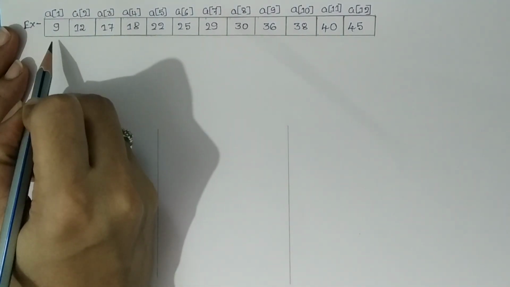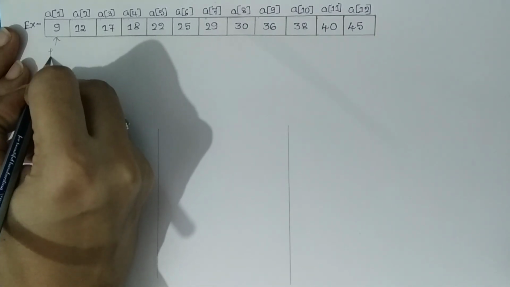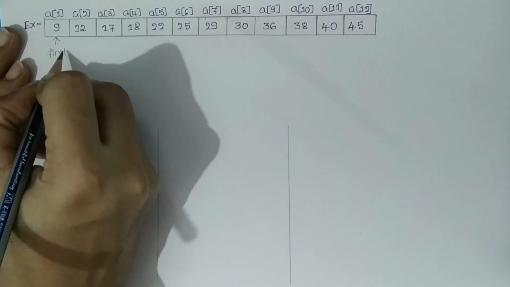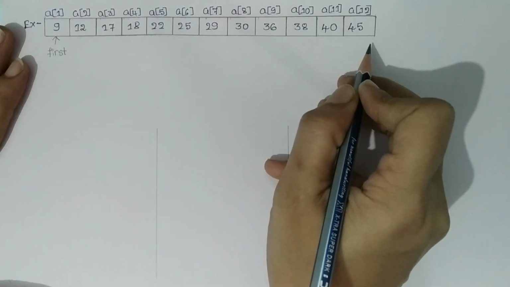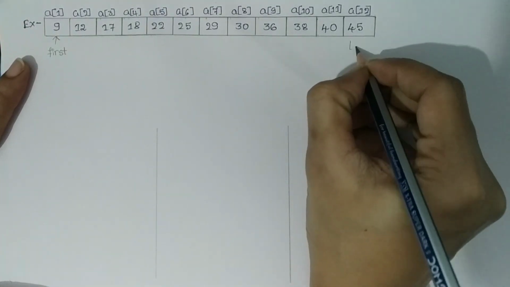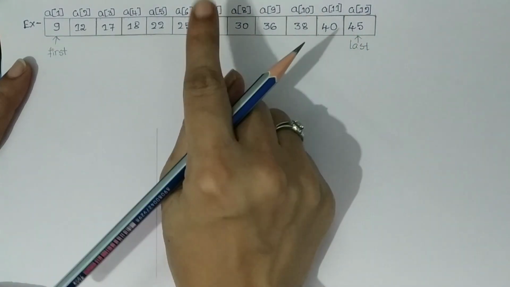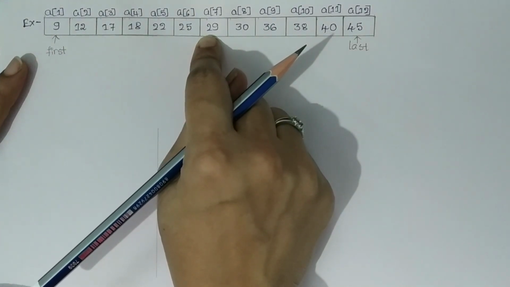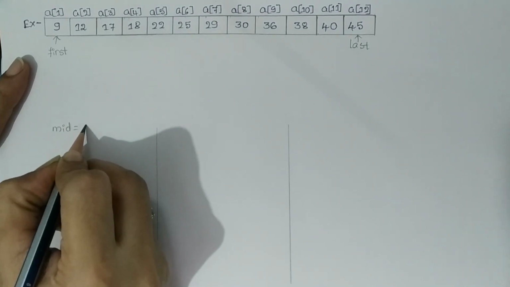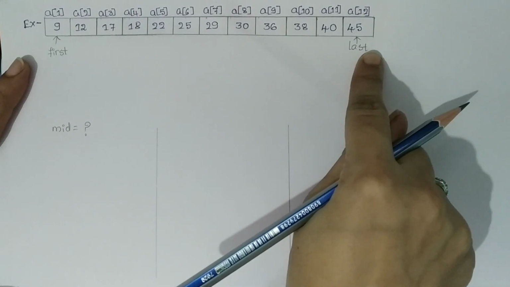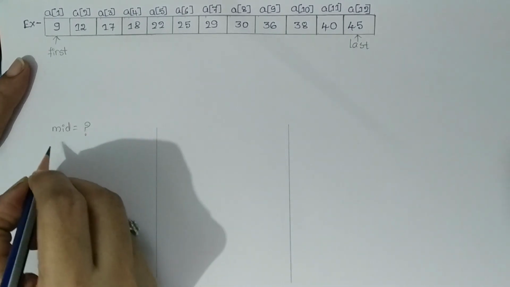To identify the beginning of the list, I will take a variable as first. To identify the end of the list, I will take a variable as last. And to find the mid of the list, I will take a variable as mid. Variable mid, that we have to find, the middle of the list. How can we find it? We can find the mid value as